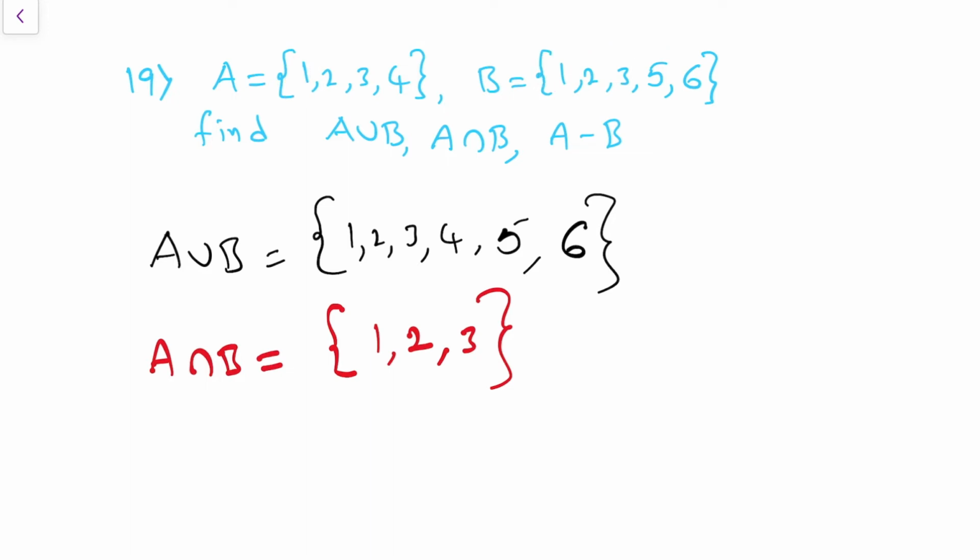So next, A minus B. A minus B is nothing but from the set A we need to remove all the elements which are there in set B. 1 is there in the set B also, so remove it. 2 is there in set B also, so remove it. 3 is there in set B also, so remove it. 4 is not there in the set B, so only 4 will come in the A minus B. A minus B means from A only we need to remove. So that's why don't touch the set B at all. Here I am not touching the set B.